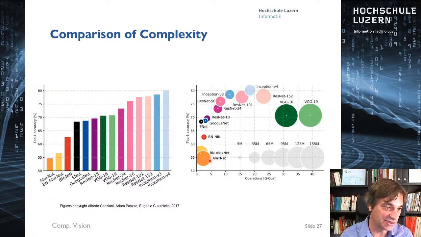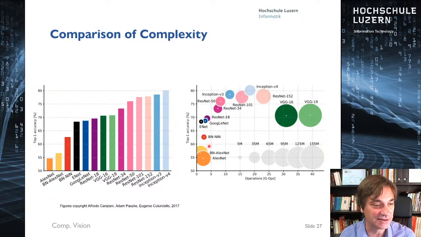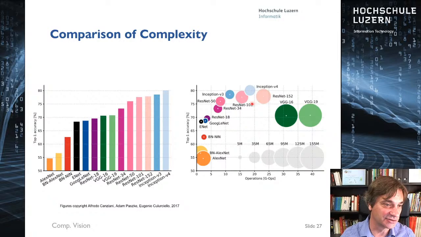There were some networks like early Inception, GoogleNet and Inception version 3, which were quite a lot better than the early networks here, with only a small increase in the parameters and a small increase in the computational power. And then the ResNet with even a